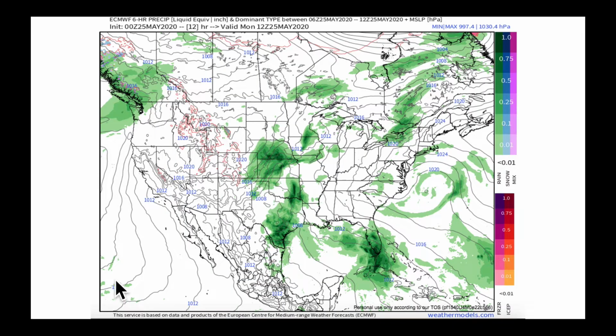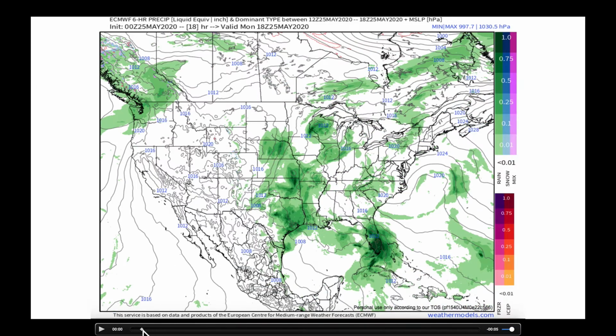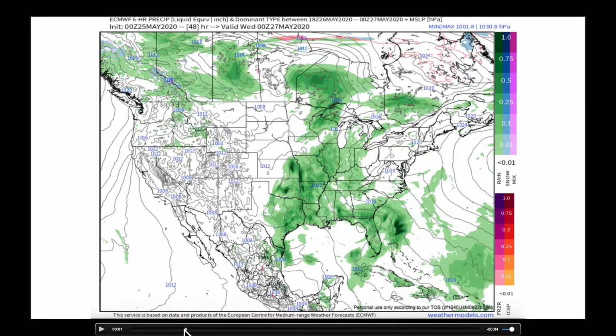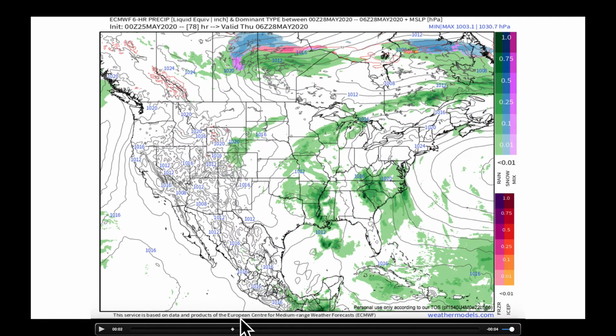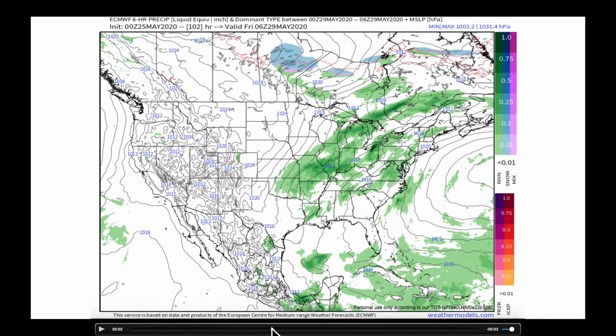To see how it continues to evolve, let's go over to the European model, and if we just start this playing, let's pause it here and step you back through a couple of details. Throughout the day today on Monday, again, just widely scattered showers and storms. Further to the west you go, I think the higher the probability into the evening hours. Much of the day on Tuesday, just very widely scattered precip across the state, but it'll be really as we get into Wednesday morning, afternoon, and evening that we're going to watch for the chances for precipitation to really increase here. And it's going to stick around throughout the day on Thursday,